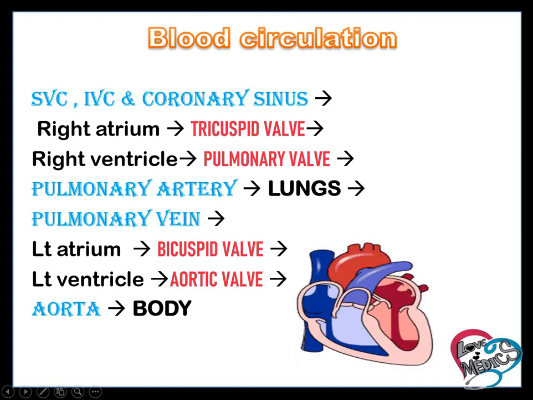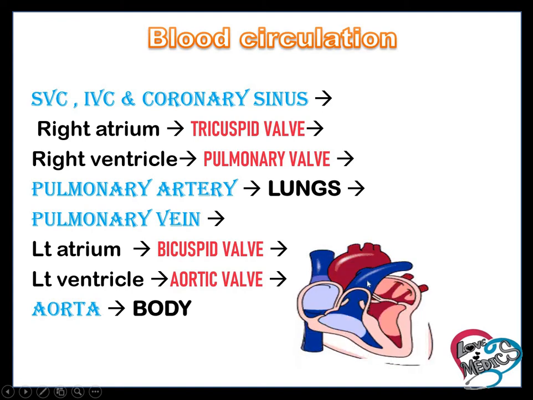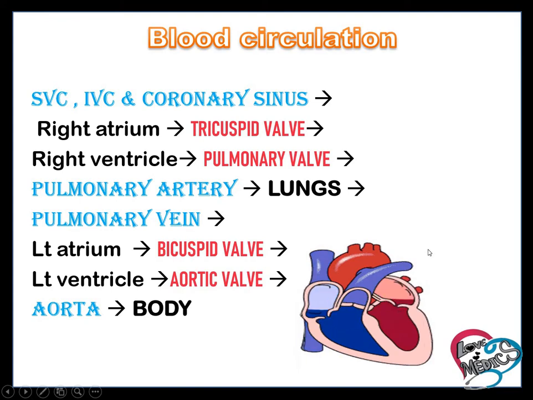When the pulmonary valve opens, the deoxygenated blood passes into the pulmonary trunk. This trunk delivers the deoxygenated blood from the right ventricle to the lung. In the lung, the deoxygenated blood is converted into oxygenated blood by oxygen exchange, and the oxygenated blood goes back to the